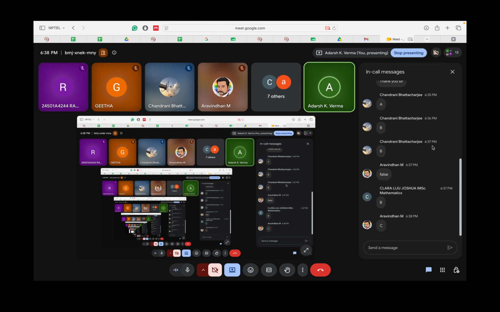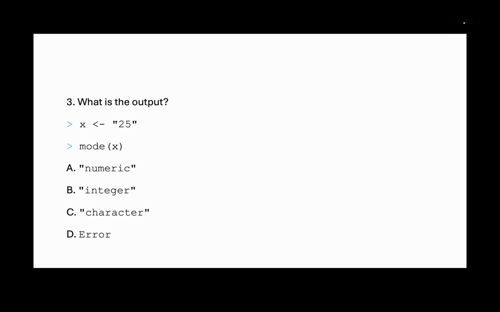Other answers? A few more. Respond in the chat. So what will be the answer of mode(x)? Numeric, integer, character,